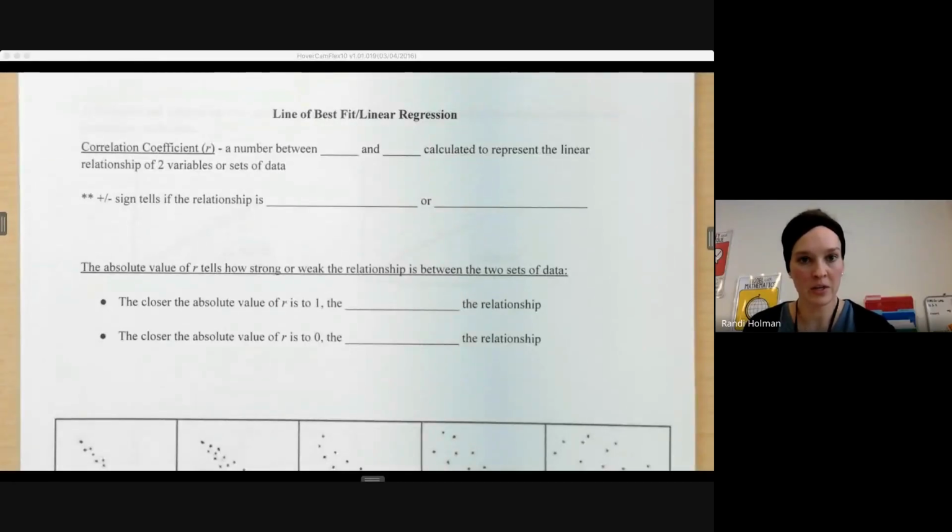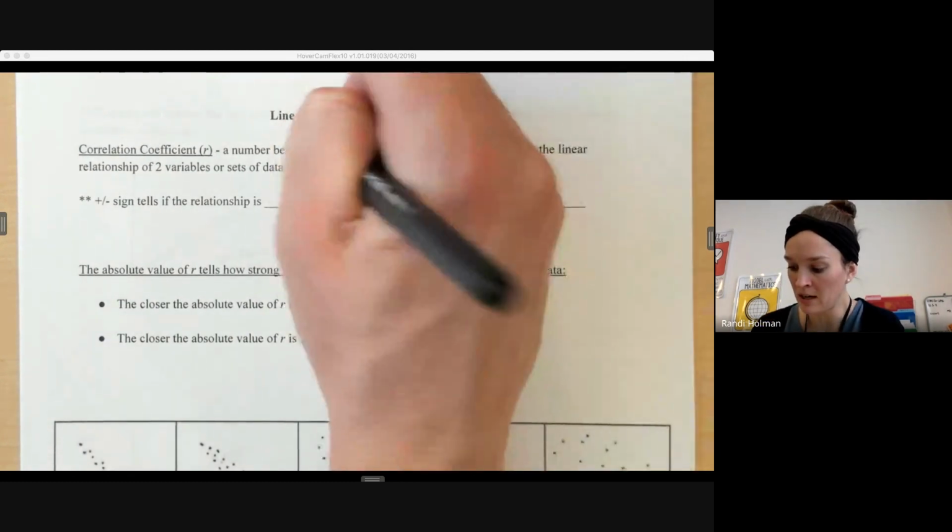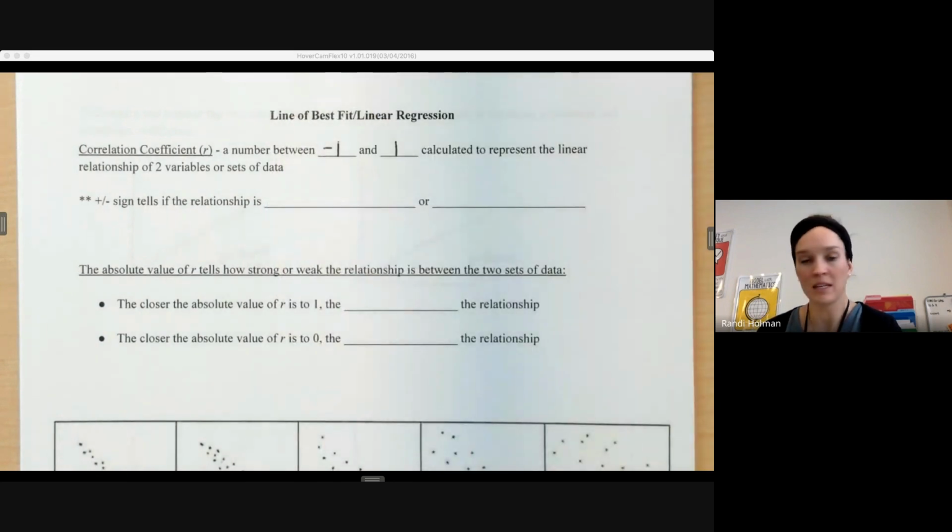So in this video, we're going to take a look at our line of best fit or our linear regression. We're going to actually use our calculators to help us calculate what is the best fit for our line. One data point that we're going to get is called the correlation coefficient. A correlation coefficient is a number between -1 and 1 that's calculated to represent the linear relationship